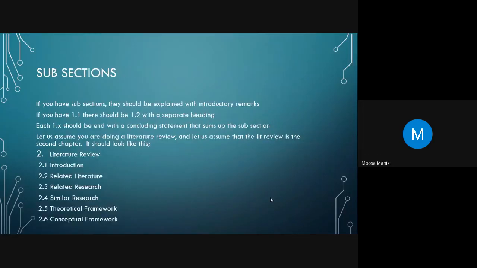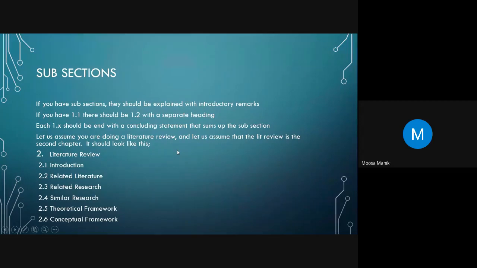Okay, now let us take a look at some subsections. As we have said, we are going to go through this. Here, I've just taken one of the things that you might actually be doing. Some of you may be doing some research on something, and in that case, of course, you will have your research question, and in chapter 1, and then chapter 2, of course, according to